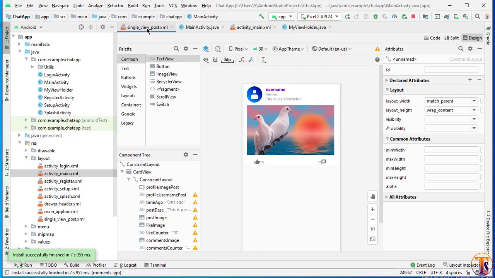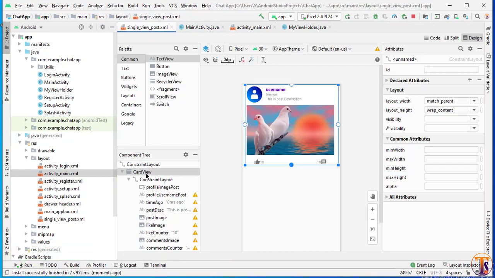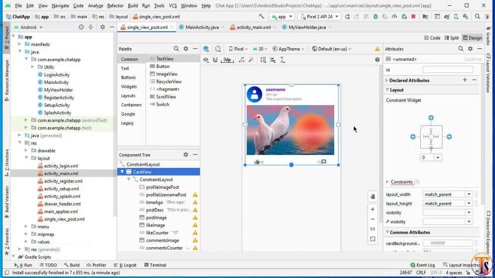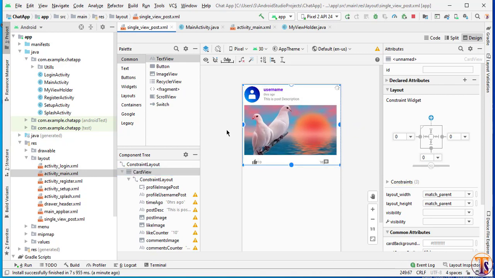So go to single view layout, and here select the card view. So here you can see we need to add the constraint. We haven't added the constraint in the previous video, so just simply add the constraint of this card view, and also need to add from top.